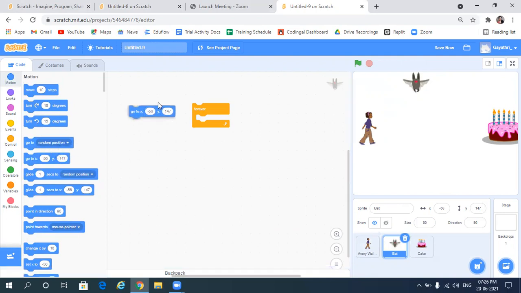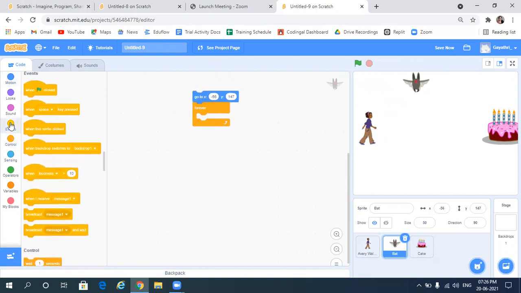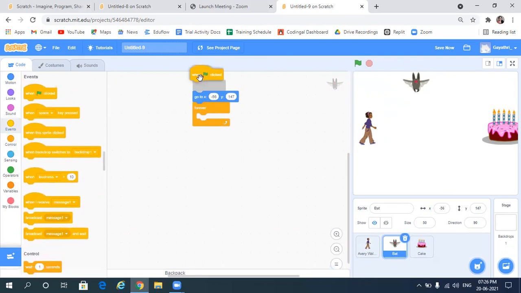Select this, keep it here, then go to events, when flag is clicked. So when flag is clicked, which means when you start the program, it will be in this position initially. Okay, so it is here, and then we want the bat to move, right?